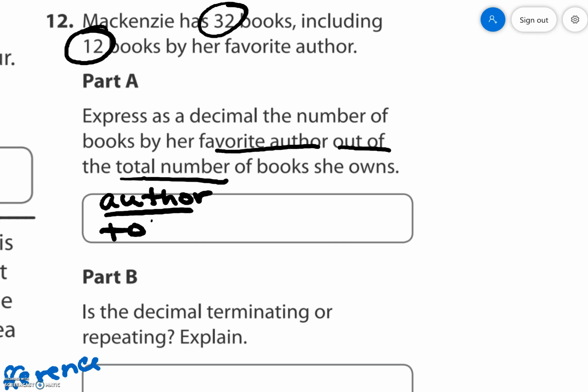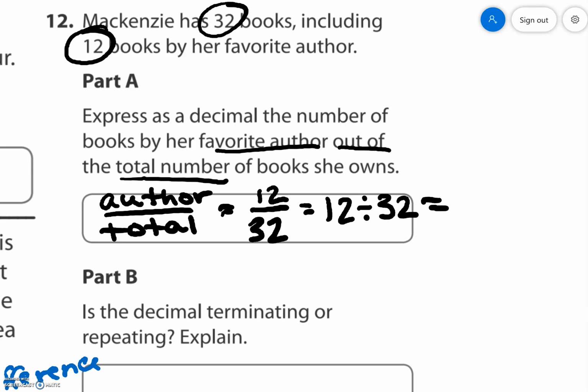To write it as a fraction, it is 12 over 32. But they're not asking us for the fraction. They're asking us for the decimal. Remember, a fraction just looks like a division symbol. So that reminds us we have to divide. So if we do 12 divided by 32, gives us